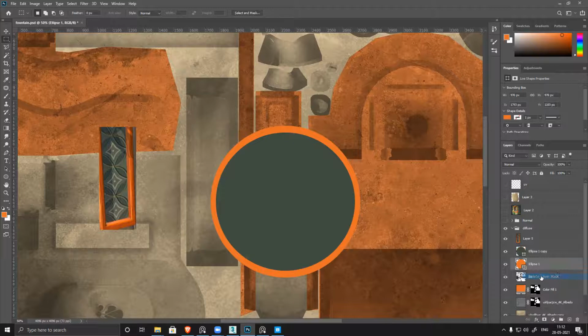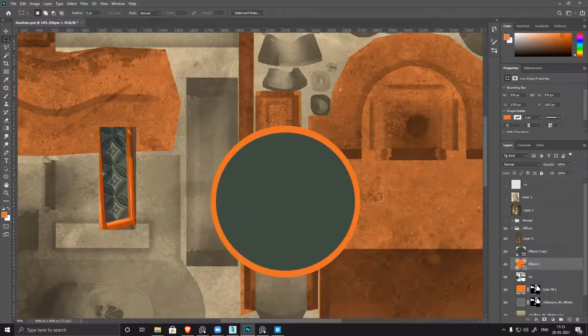If I want, I can delete this layer also, it doesn't matter. I got the basic structure. Don't worry about the thickness. You can see that we'll generate that with the help of a normal map. A diffuse map is only and only color information. No height information, no light information, nothing. It's just color. That circle is ready.